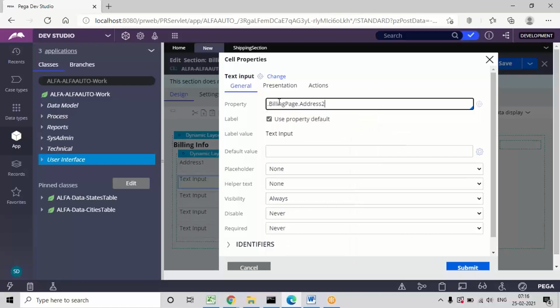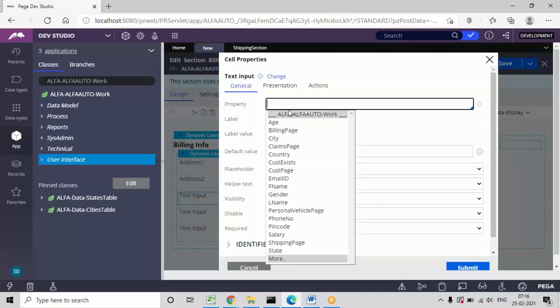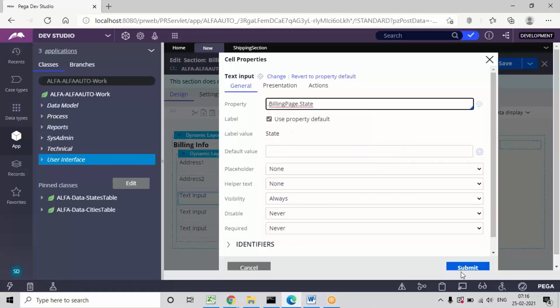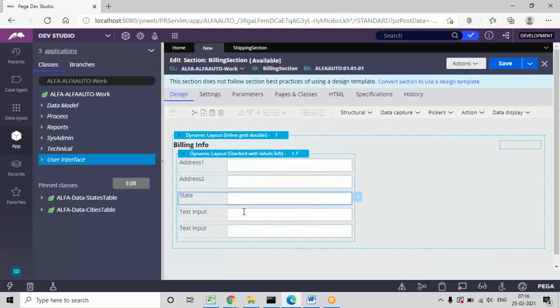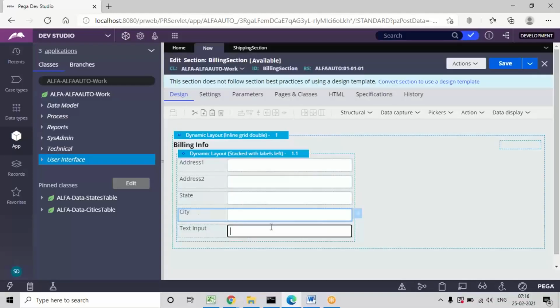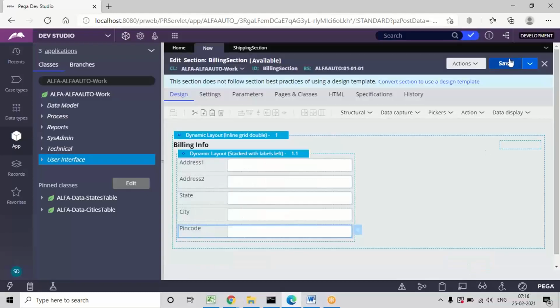Billing page dot address two, then billing page dot the last one's pin code. So submit this, save this design.